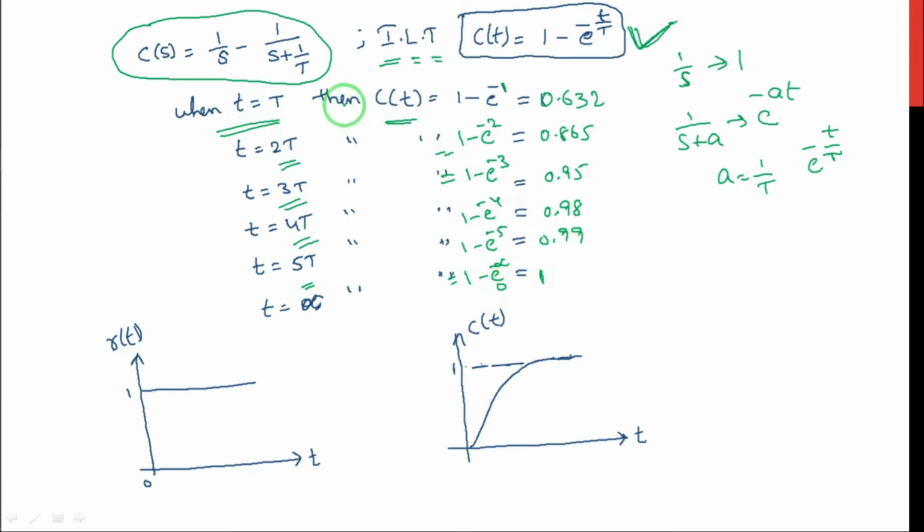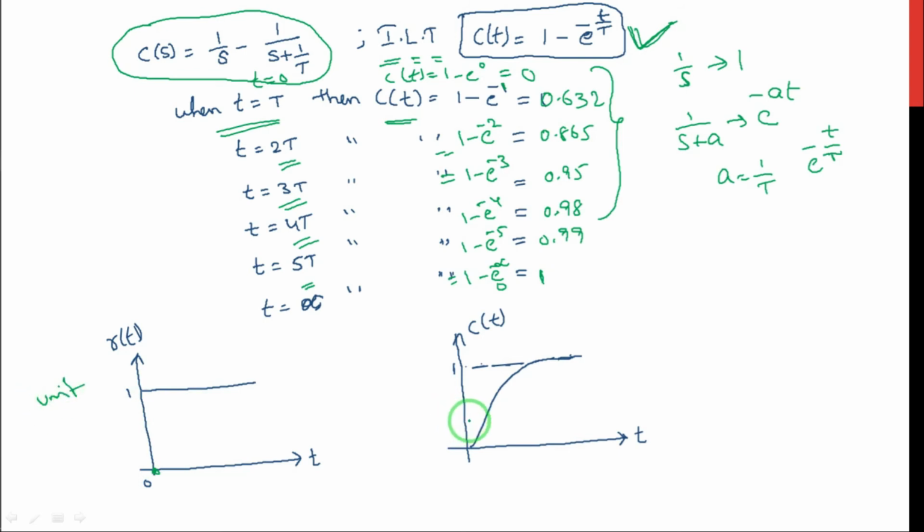So at the starting condition, time T equal to 0, C of T is equal to 1 minus e power 0. e power 0 is 1, then 1 minus 1 is equal to 0. So just observe the output values, it is varying from 0 to 1, increasing slowly. Okay, see the bottom left diagram, this is the input, step input. At T equal to 0, it has the value of 1. So this is the unit step input.